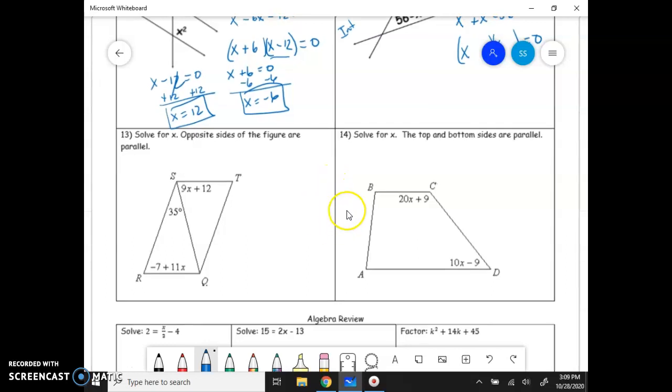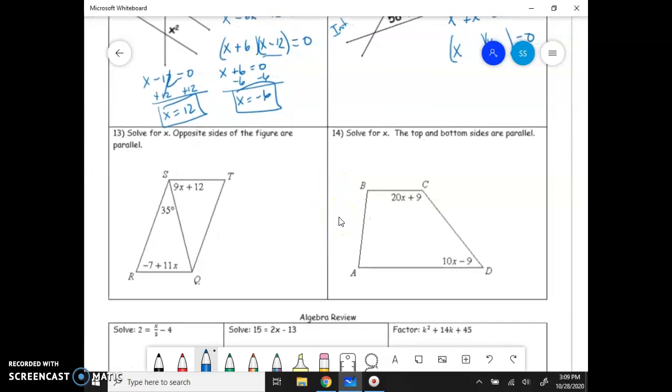13 and 14. Okay, opposite sides of the figures are parallel. Sorry. So basically, what we're looking at here is here are our parallel lines. This is our transversal. So what we have here are same side interior angles, which we should recognize that same side interior angles are supplementary. So basically this angle here and then this angle, which is comprised of this 35-degree angle and this 9x plus 12-degree angle,